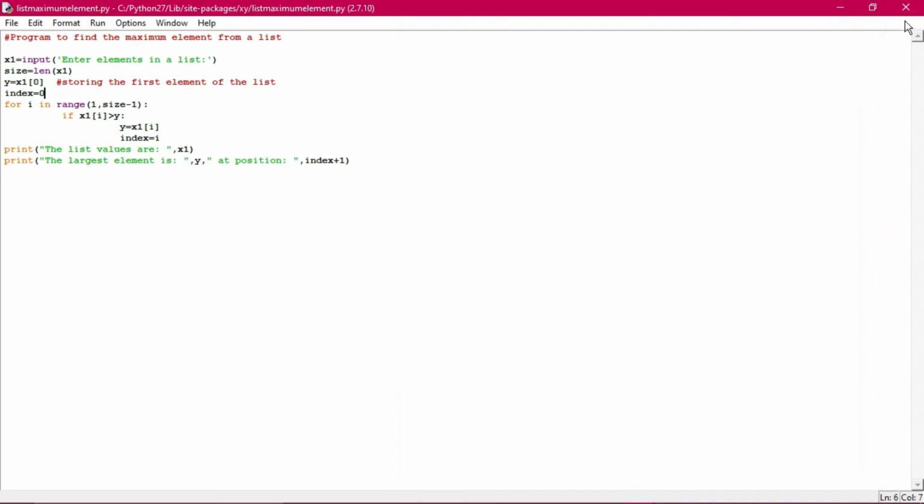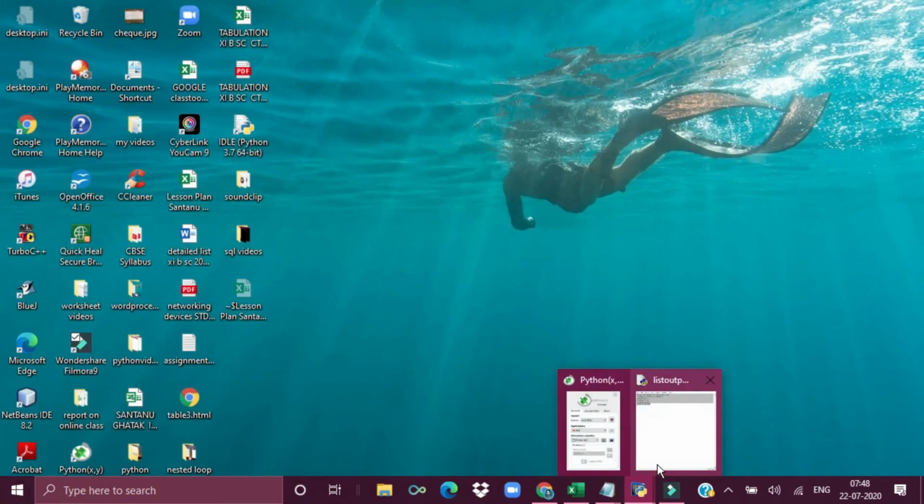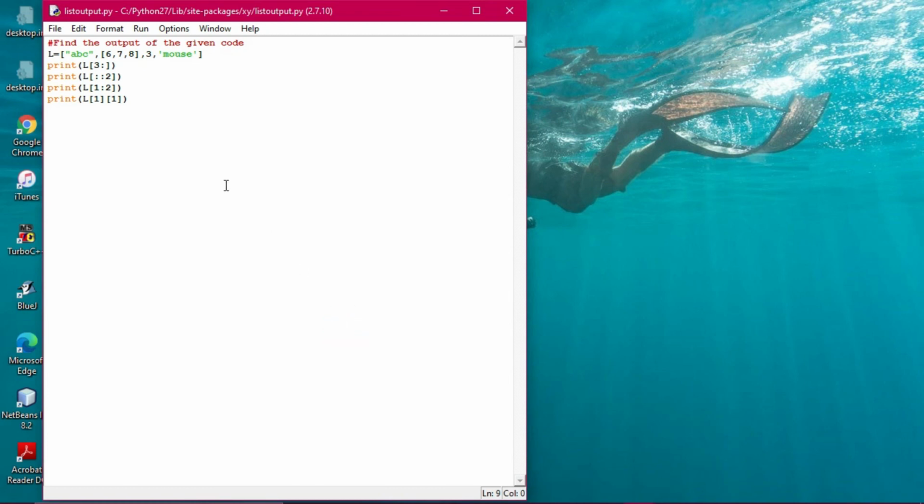So practical implementation, I'm saying once again. I don't know how many of you are doing the practicals, but it's very important to do the practicals. Finally we have come to the program on accessing the elements of a list. I'm doing this one again and again because you need to practice this program more, because this can come in the output.